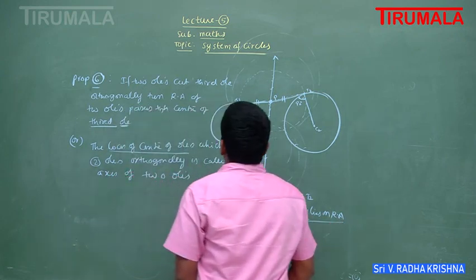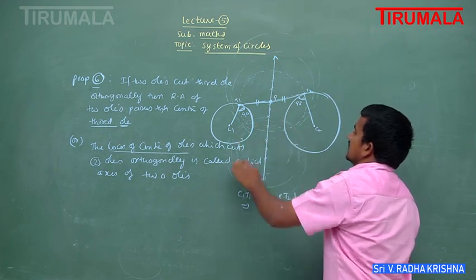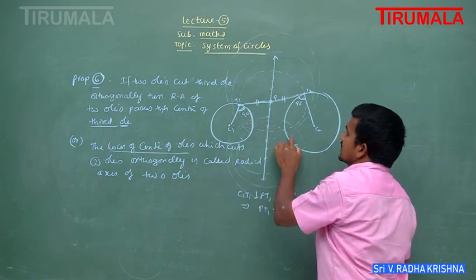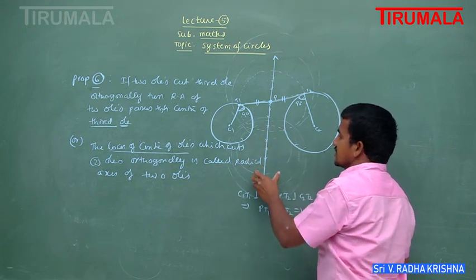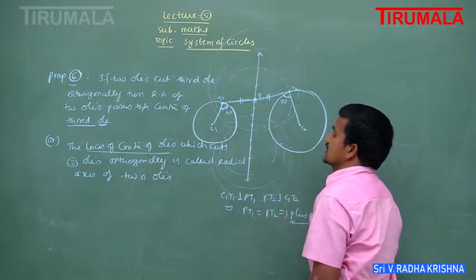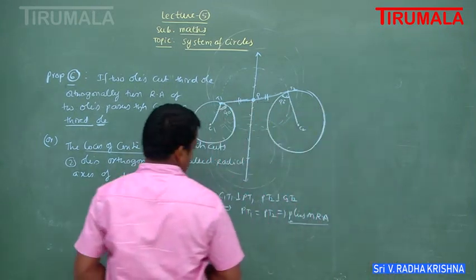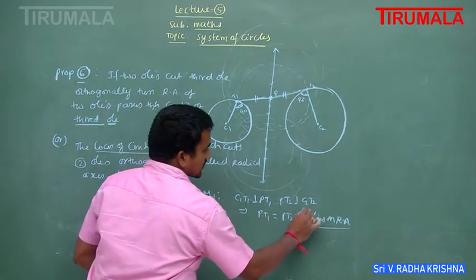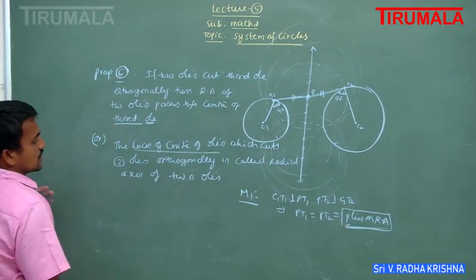So in the plane, the locus of the center of a circle which cuts two circles orthogonally is called the radical axis. Infinitely many such circles exist, and their centers lie on one line, which is called the radical axis. Now you have proved this from the diagram clearly. This is method 1: simply observe that P lies on the radical axis. Method 2: we take the two circles, and that can also be proved easily.